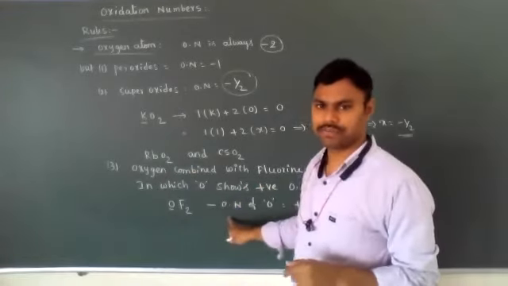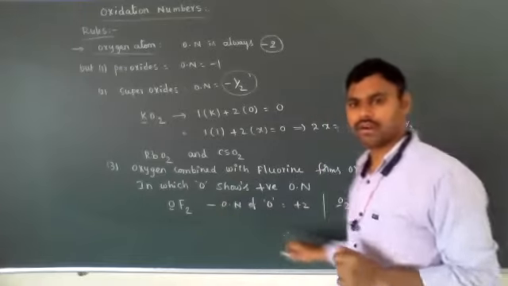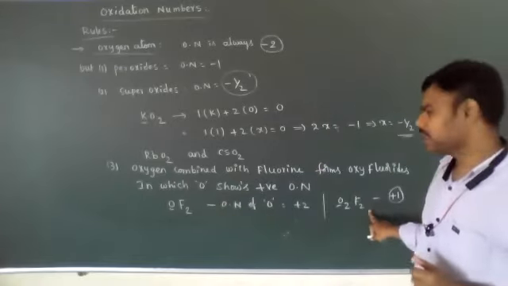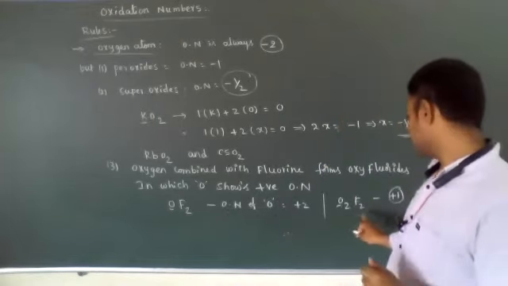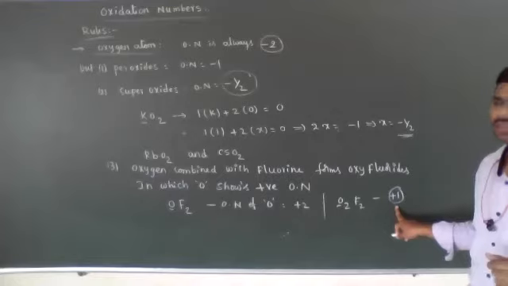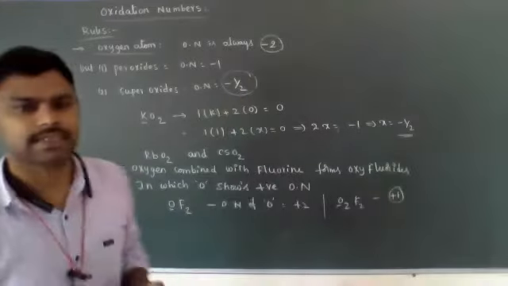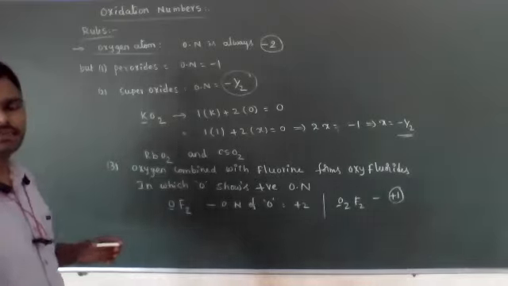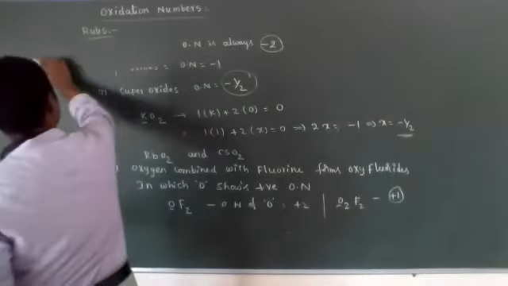Examples: OF2. So two types of oxyfluorides are possible. That is OF2 and the second one is O2F2. In OF2, oxygen atom oxidation number is +2 and in O2F2, oxygen atom oxidation number is +1. So these are some exceptions related to oxygen atom. Okay, clear students? Let's see the next, halogen atoms.